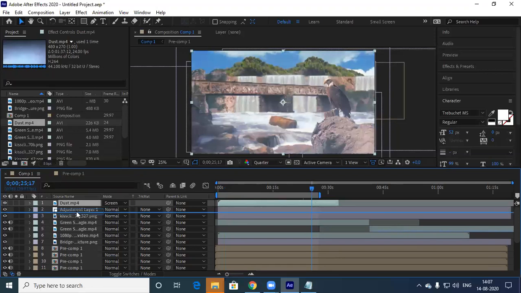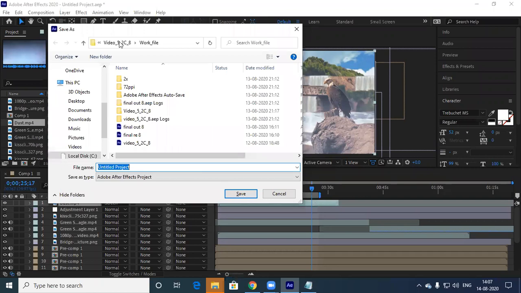Let it come below adjustment layer or above adjustment layer. Let's see. It looks good only. Any doubt is there up to here? No, sir. Okay, actually this composition has come out really good. I'll show you how this looks now.